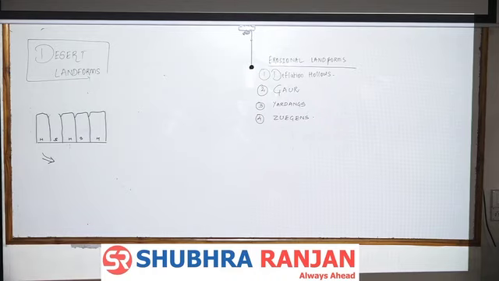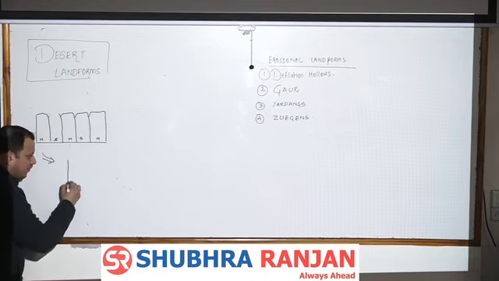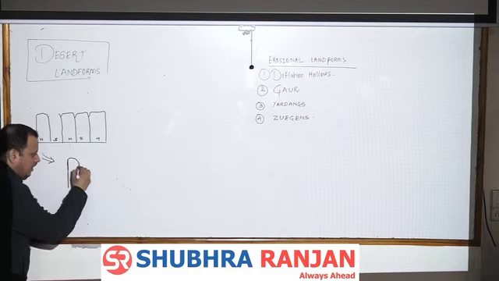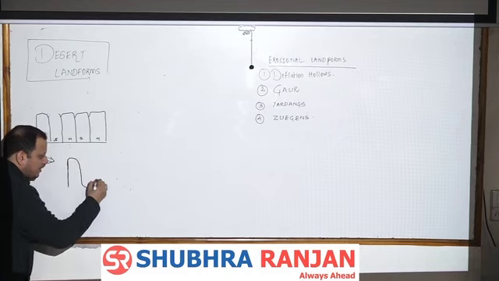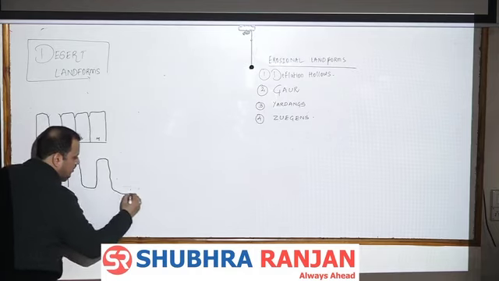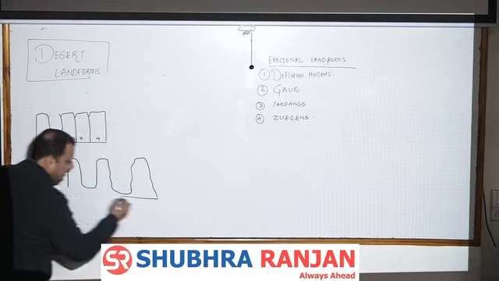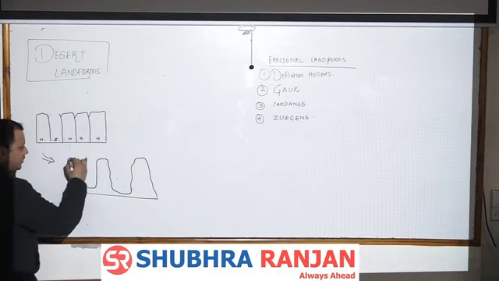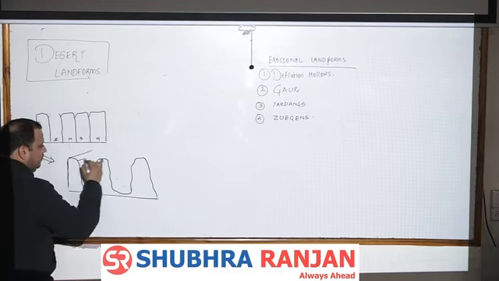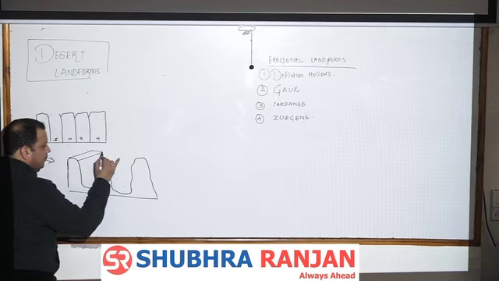Differential erosion means hard rock is eroded less and soft rock is eroded more. As a result, soft rock is greater eroded, and hard rock and soft rock are differentially eroded, and this results in the formation of a ridge, a mountain of hard rock,